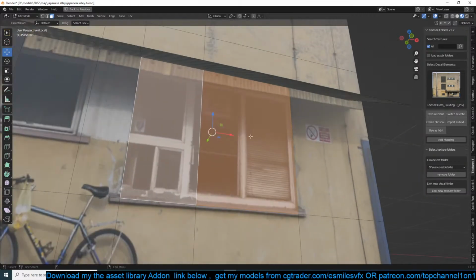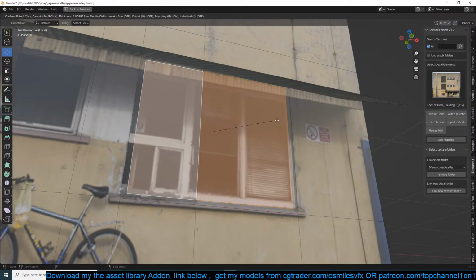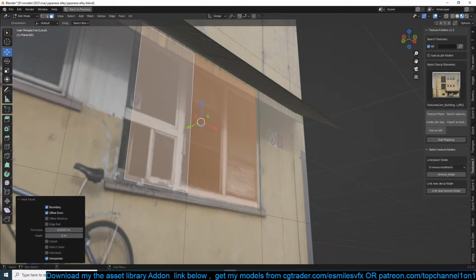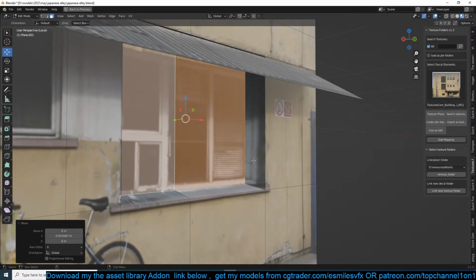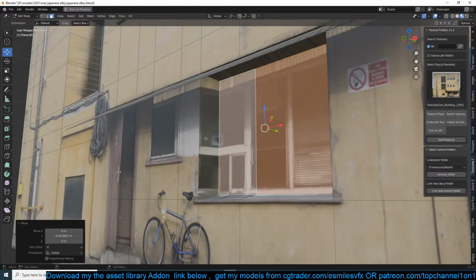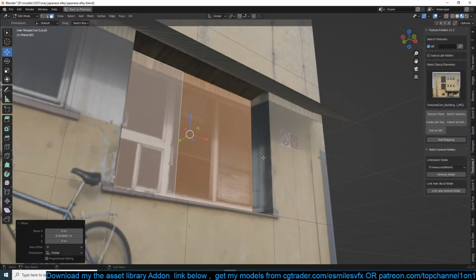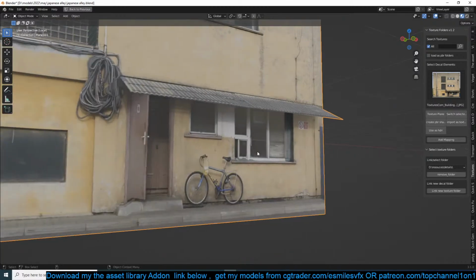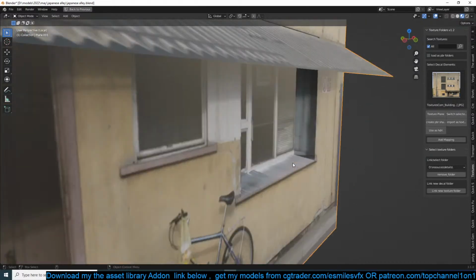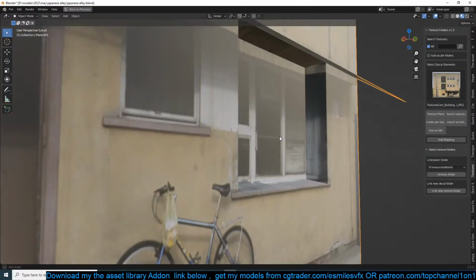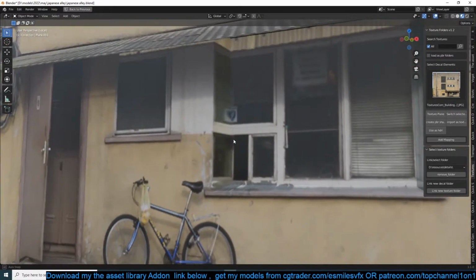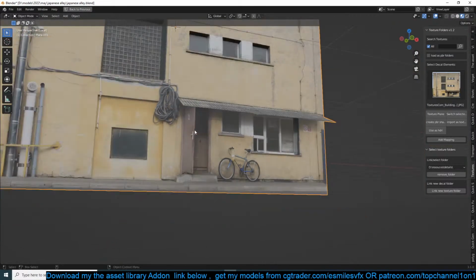But if I first insert, I get some extra detail around here and here. So there is still stretching, but it's not as much. Maybe that's not the best example, but you can see that the stretching is a little bit less. There it's still there, but not as bad.